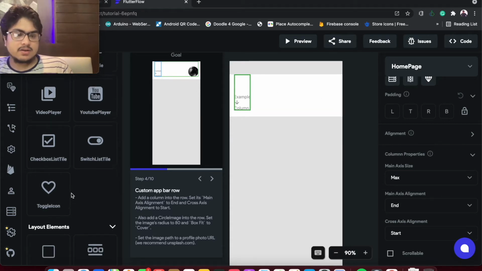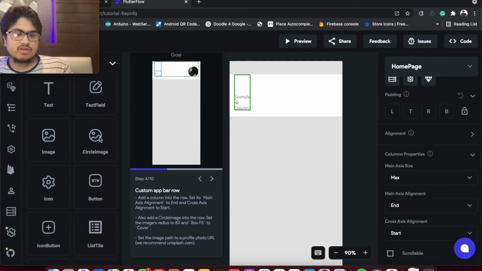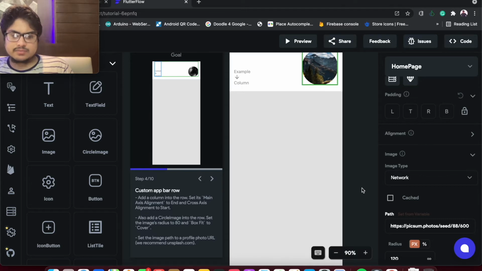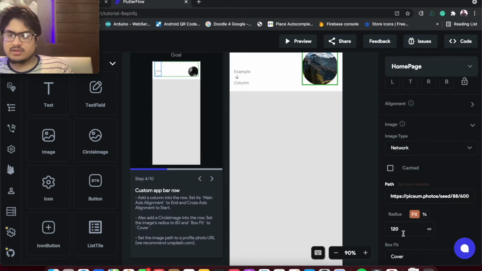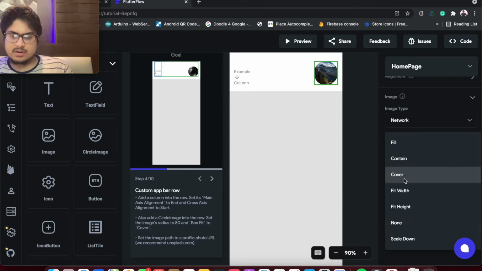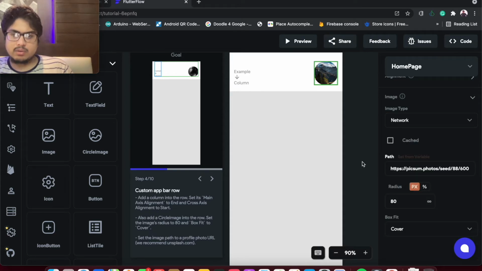So we'll take our circle image and add it here. Circle image is added. Now we'll set the image radius to 80, and set the image box fit to cover, so the image will cover the whole area.